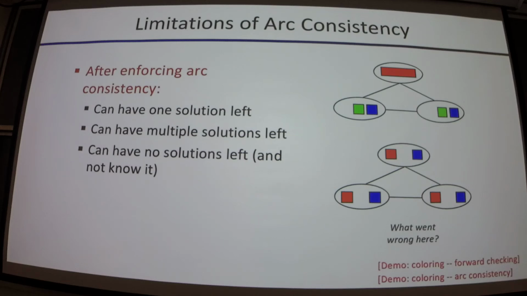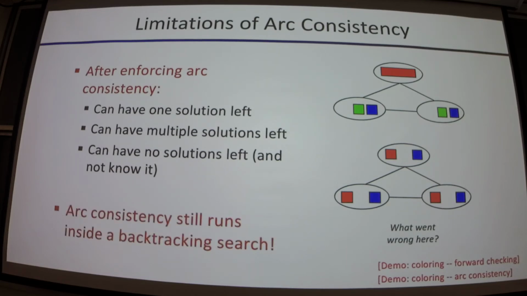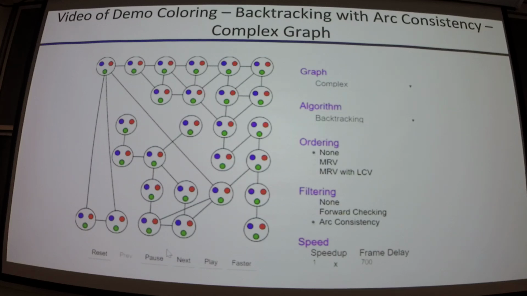Let's see how our consistency is going to work in that same search video we were looking at before. But yes, this is an important note: our consistency works inside backtracking, as we discussed. Okay, so let's see how it works. We're going to make the graph bigger so it's more interesting. We've already got the machinery that solved that easier search problem easily, so let's look at something a little more complicated. Let's see what happens. Okay, so we've assigned one value, and we've made the entire thing arc consistent. And what happened?